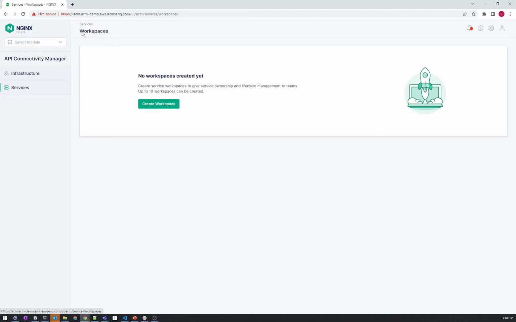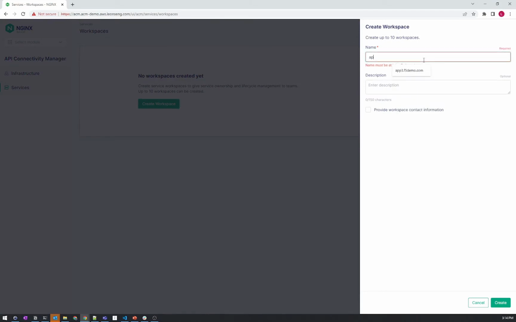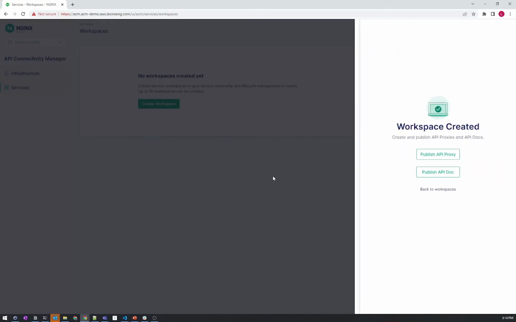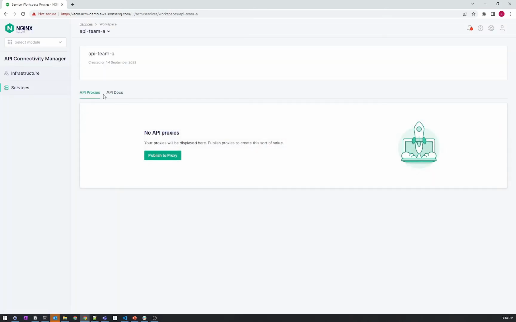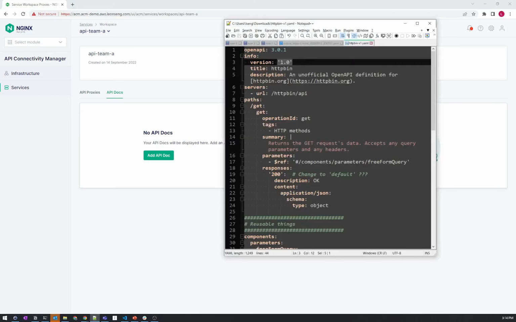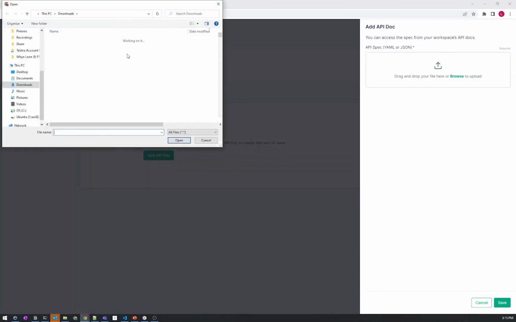We have the same workspace concept in services. Again, different teams will work in different workspaces. Within the workspace, you can publish API documentation as well as the API itself. Let's first look at the API documentation. I currently have an Open API spec called HTTP bin on version 1.0, and it's got a base path of this with a single endpoint currently. I can upload this API spec to ACM,